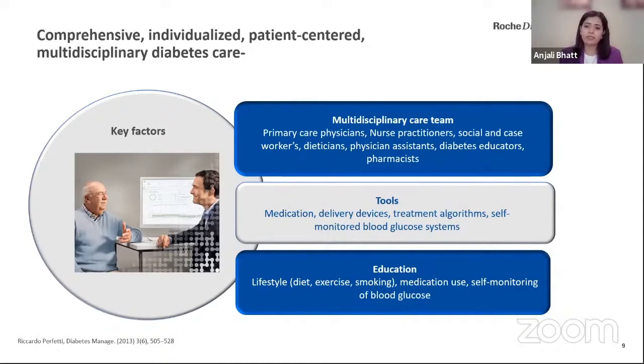I've seen many patients having a glucometer but not using it. Let's say, for the last 6 months, I have not used it. I don't even know whether it is working or not. I don't know whether the strips will work or not. So they're buying the tools, but they are not empowered to use them. That is why education is very important, which may include lifestyle modification or use of medication. Many people get confused: when should I take the medicine? Is it important to eat after taking the medicine or not? Self-monitoring of blood glucose will need a structured approach. We'll look at it in the next slides.